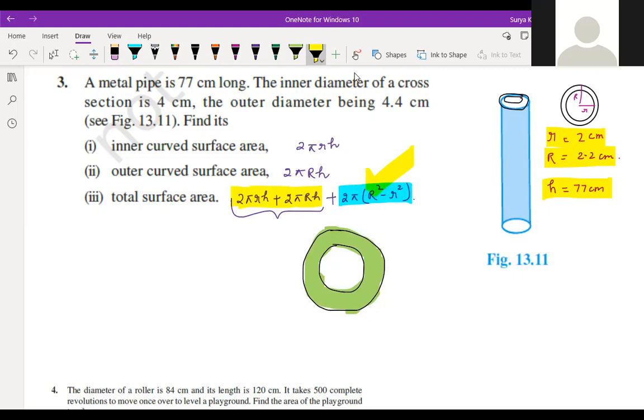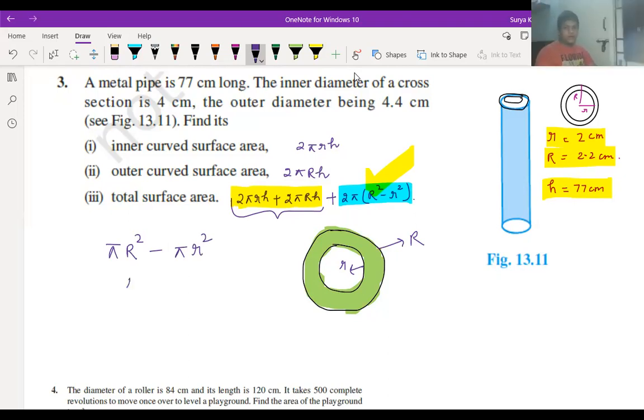Just try to listen first, children, to how to find the area of these concentric circles. See, this circle has capital R and this one has a small r as radius, suppose. So how do we find only the shaded part? Pi R square is the area of the complete big circle, correct, children? And the inside area is pi r square. Is it clear? If you subtract the smaller circle area from the bigger circle, can we get the shaded part or not? Yes, sir. We can take pi common, and then I can write R square minus r square.